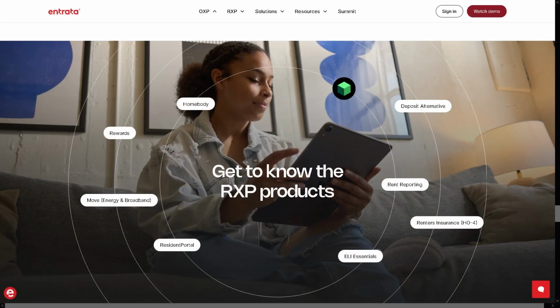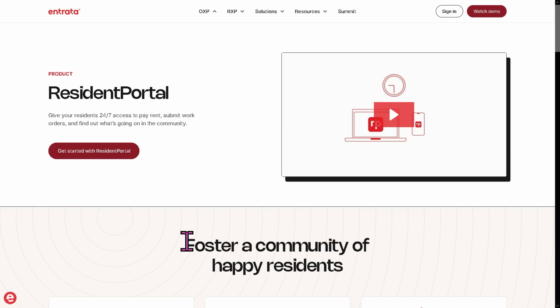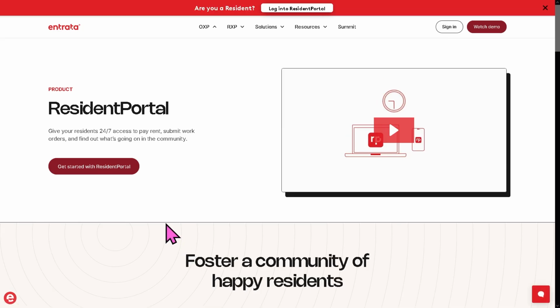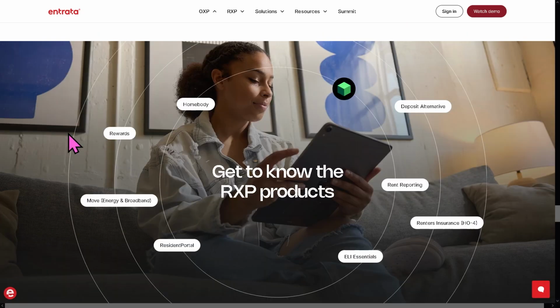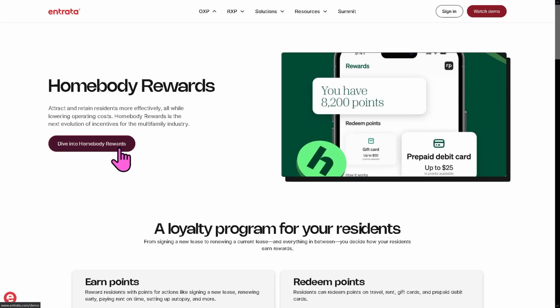And then finally, we are at the RXP products page inside Entrata. So think of this as a hub that showcases all of the resident experience tools within the platform. You will find services like the resident portal, where residents can pay rent, request maintenance, and communicate with the property team. And then you have the homebody focusing on creating a better resident experience, while the rewards program helps keep